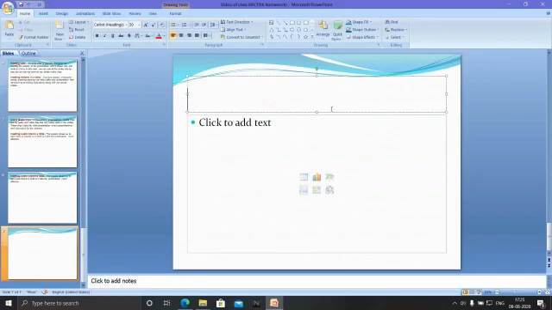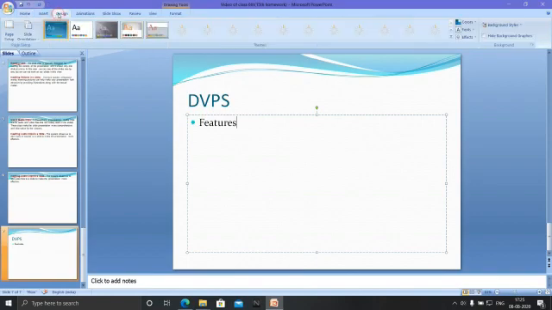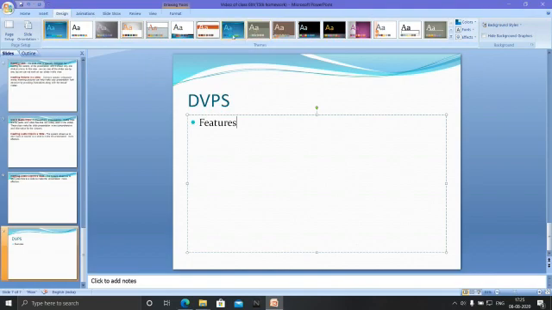Suppose I have added a table. DVES, Doon Valley Public School, and features, I have added here. And now I want to change the background of this, so we will go to Design, and any design we can pick from this. If I have taken this design,